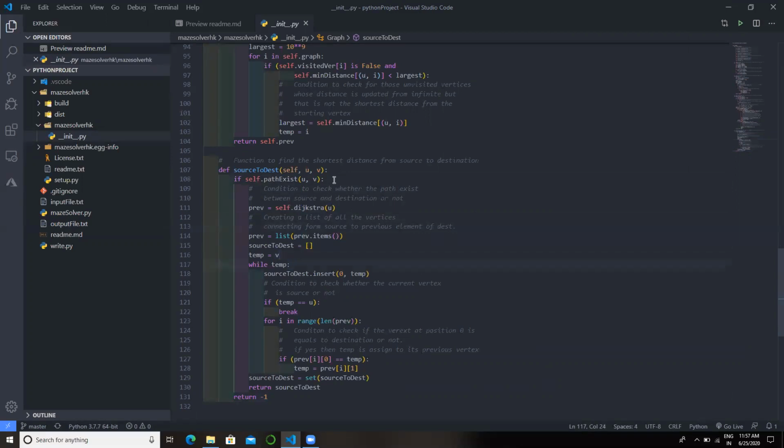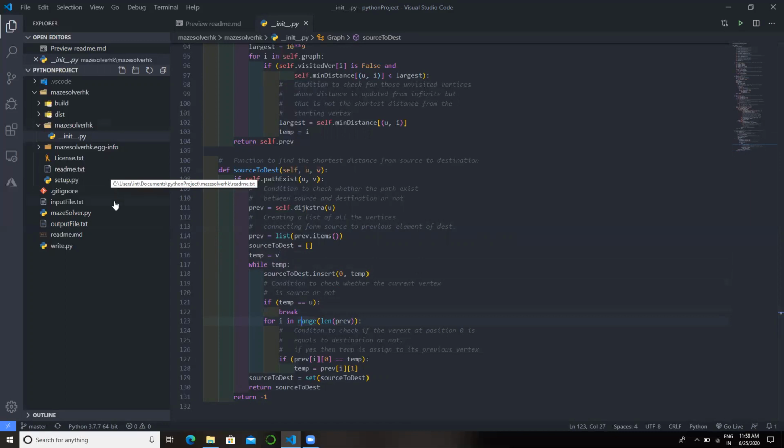So we will backtrack. We start from our destination and check their previous nodes. If our previous node becomes equal to our source node, we return our source to destination array, which will include only those positions which create the shortest path between source and destination.